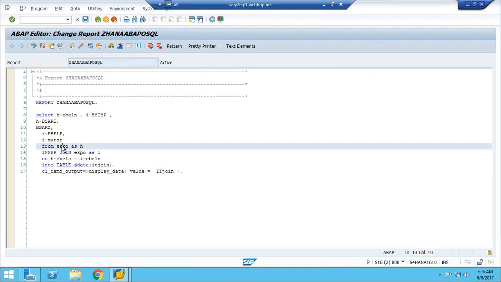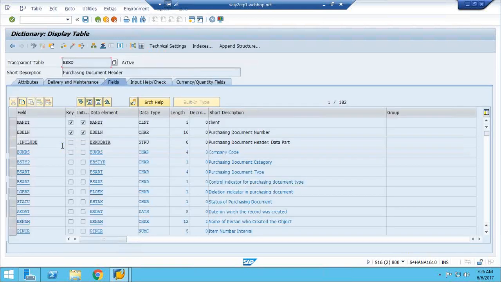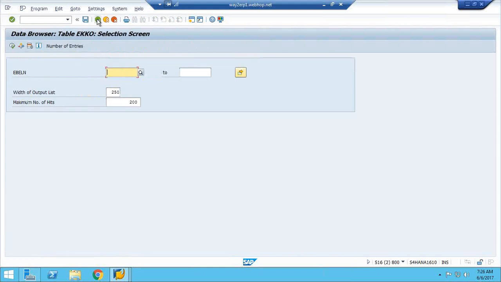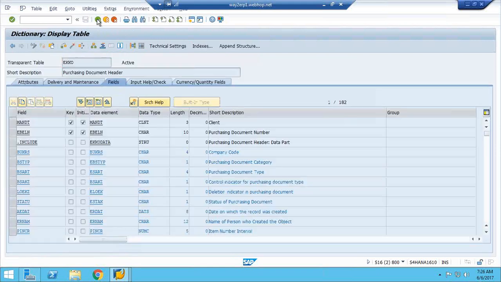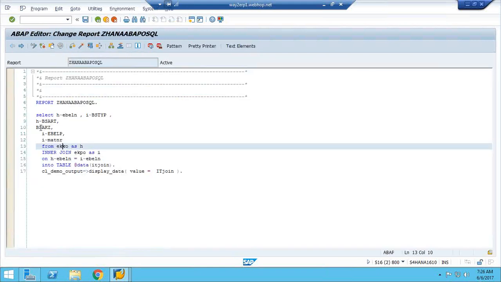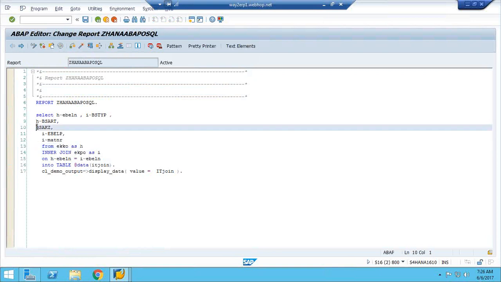Venkat, Geeta here. This field BSA KZ, which table is it from? The fourth field. It is from H, the header.